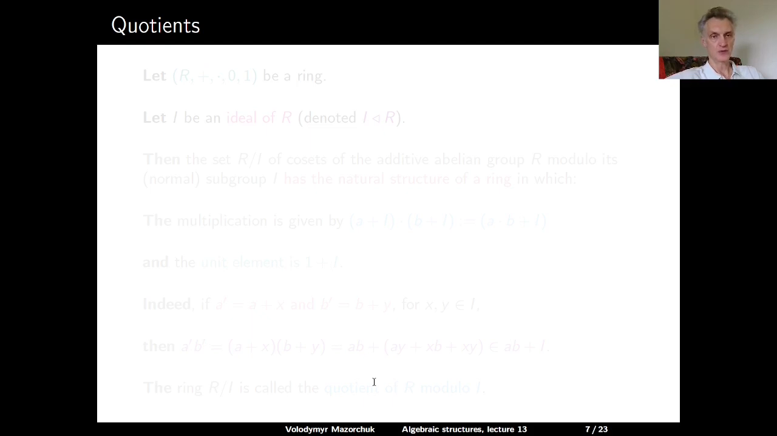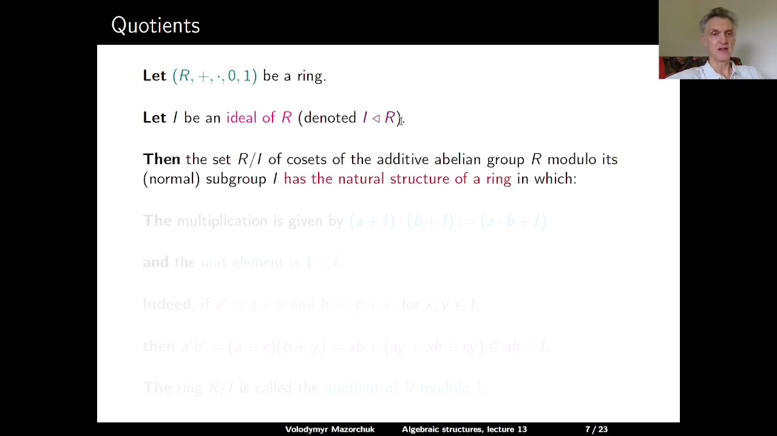Now we can talk about quotients. So let R be a ring and I an ideal of R. So this is usually denoted similarly to the notion of a normal subgroup in a group. Then consider the set of all cosets of R modulo I as an abelian group. So R is an abelian group, I is a subgroup, so it's normal because the group is abelian. So we can consider the corresponding cosets, and the claim is that the set of all these cosets has the natural structure of a ring, in which we need to define multiplication, and the multiplication is given by